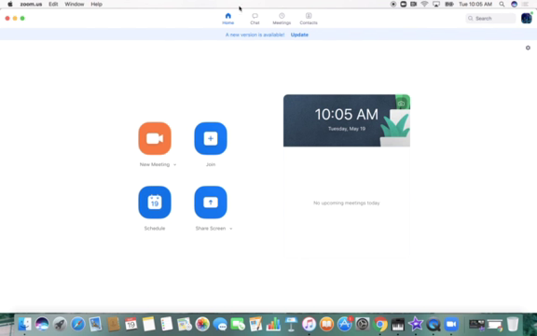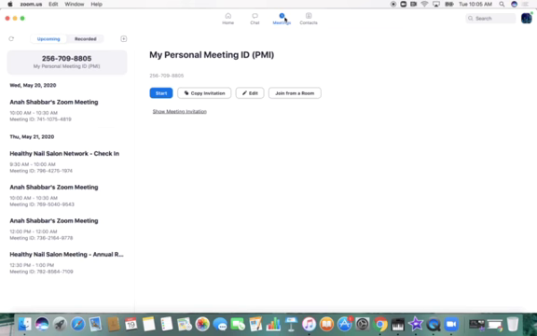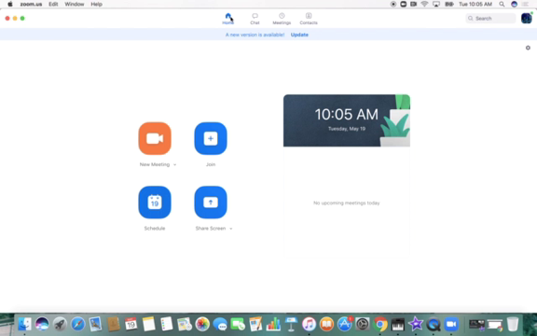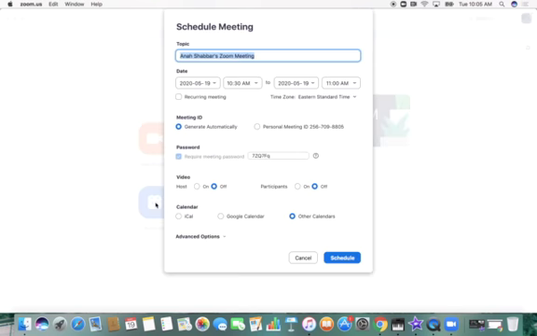Or one thing I'll show you first, which can be a little disorienting if you're new to the platform, is just making sure you're in the home screen. Sometimes it'll take you right to contacts or meetings or chat, and you just want to make sure that you're on the home screen. So once you're there, you want to click schedule, title your meeting an appropriate title,